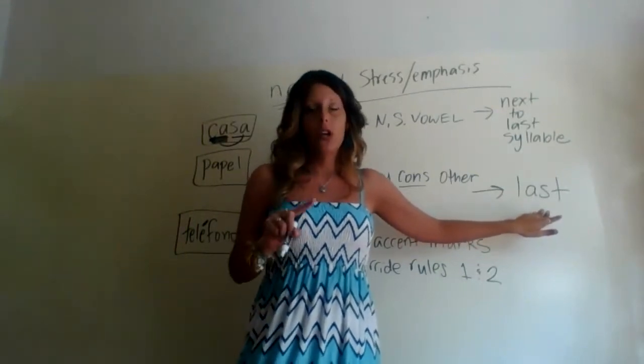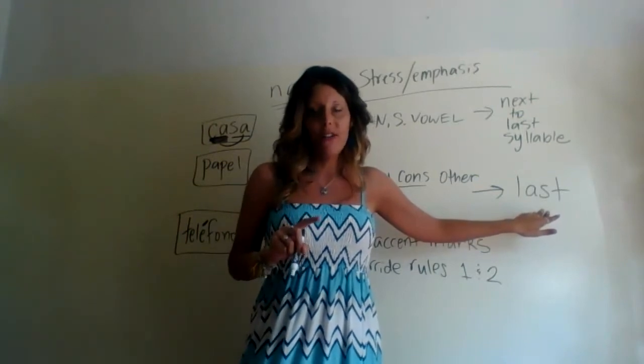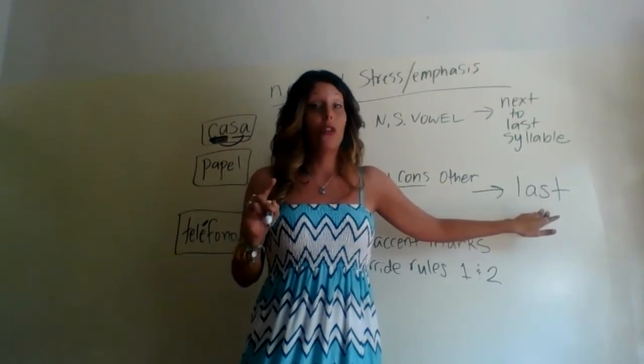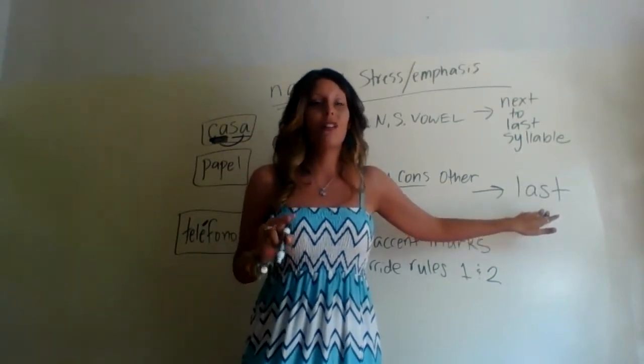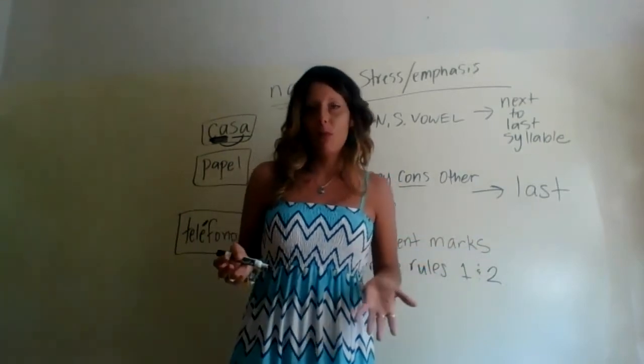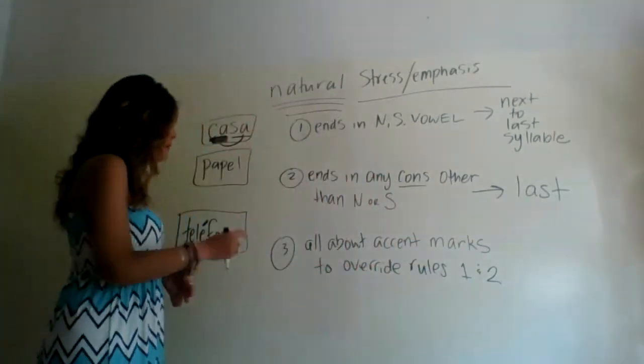Again, if a word ends in any other consonant other than the N or S, the natural stress in that word, when there's no written accent mark, is going to fall on the last syllable of that word. So again, another easy word that people learn in the Spanish 1 class, next,